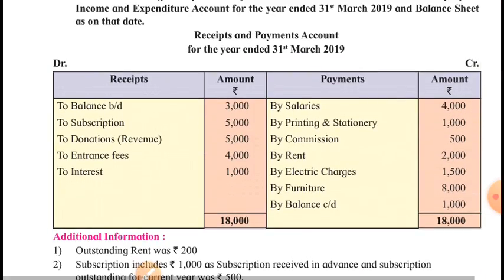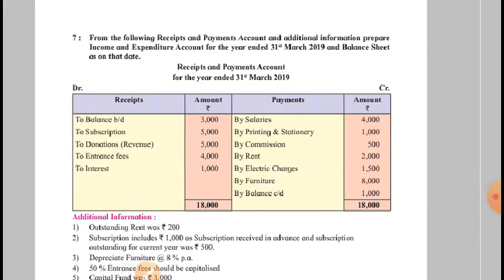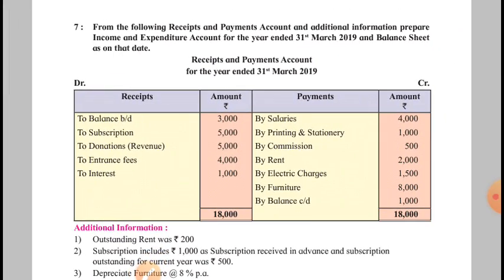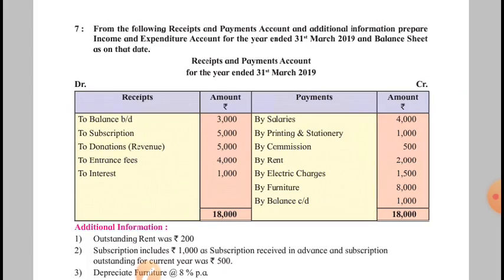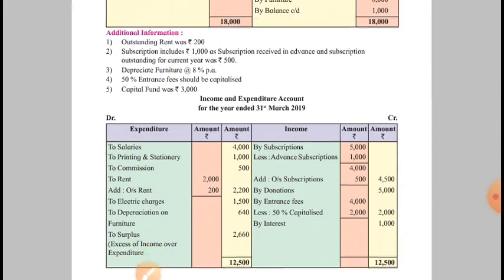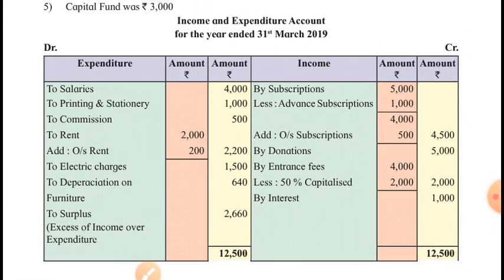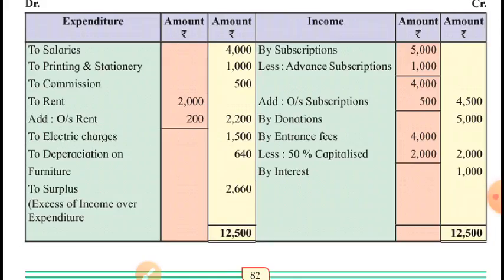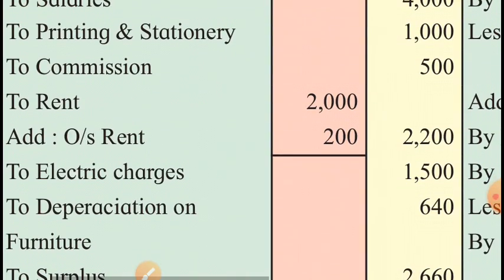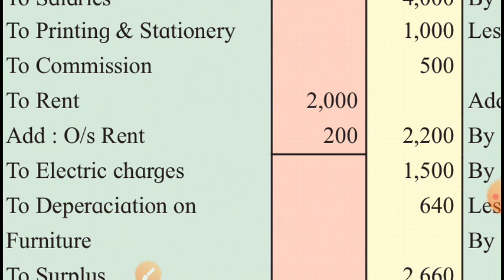So this is the simple problem, the basic level problem, but here you are expected to prepare both the statements, income statement as well as financial position statement, that is income and expenditure account as well as balance sheet. And here we can see the solution. As I have already explained you, in the same manner we can see the income and expenditure account, salaries, printing and stationery, commission expenses, rent plus outstanding total 2,200, then electric charges, expenditure for depreciation on furniture